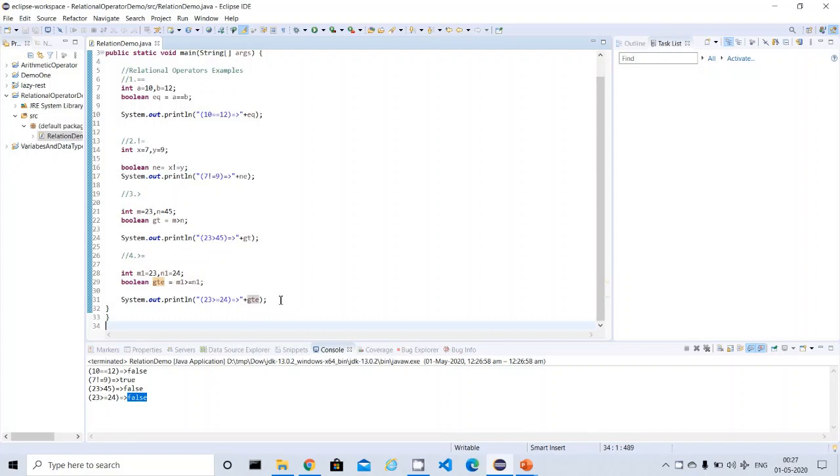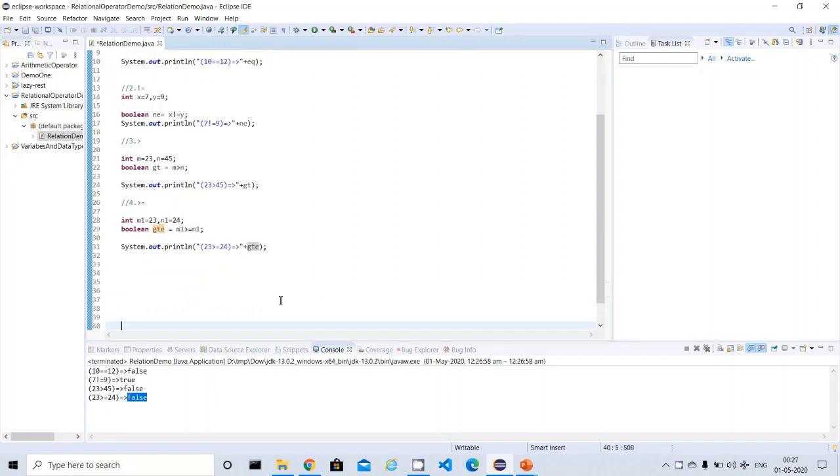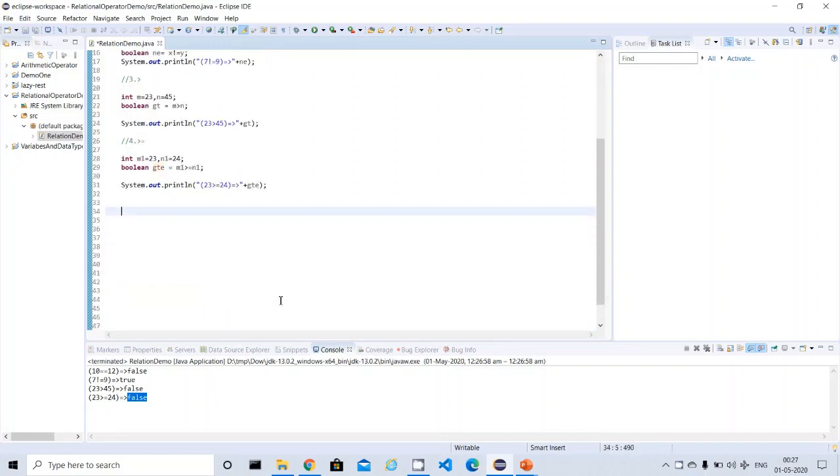Okay. So now we are going to see the next operator called less than. Basically this is also similar to the previous example, but slightly different. The comparison is different.